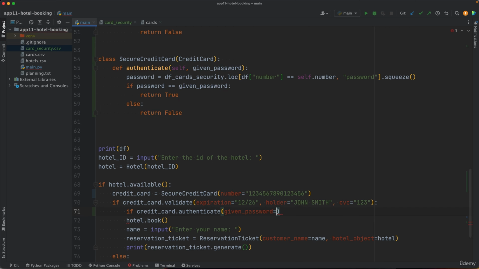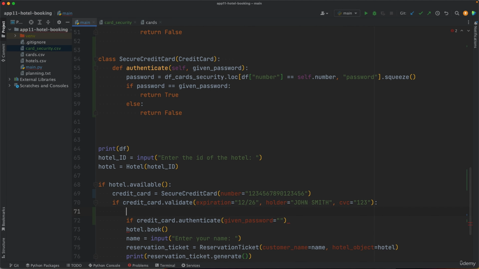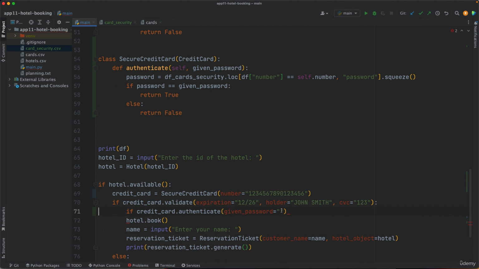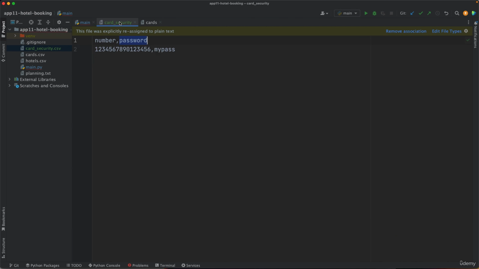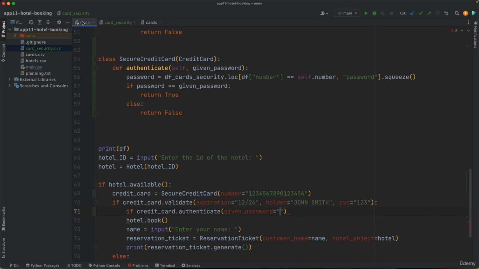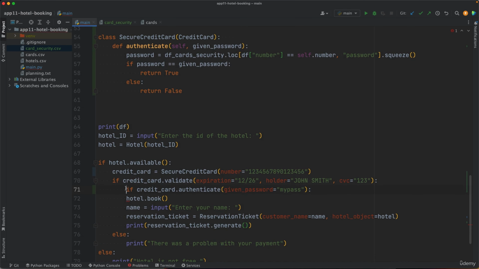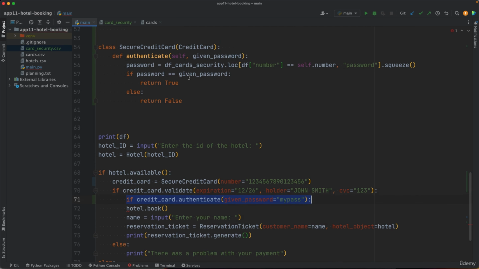So that is equal to the password, which you can get from the user using a variable here with an input function, or if you want to keep it simple, you can just provide the passwords, which is here my pass. So write my pass here as a string. And then if that returns true, which is the case when the password is equal to the given password,